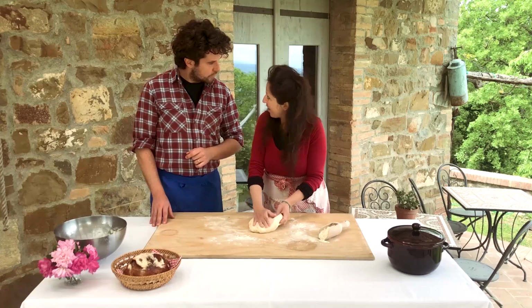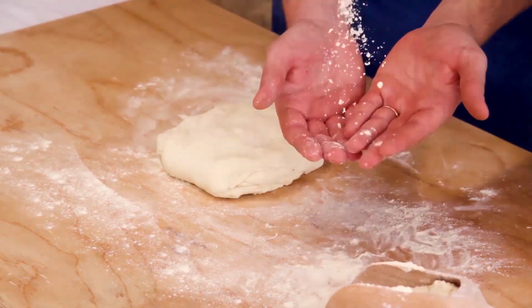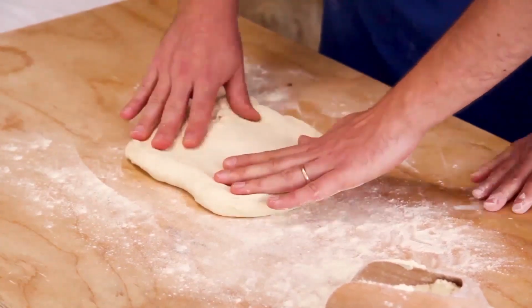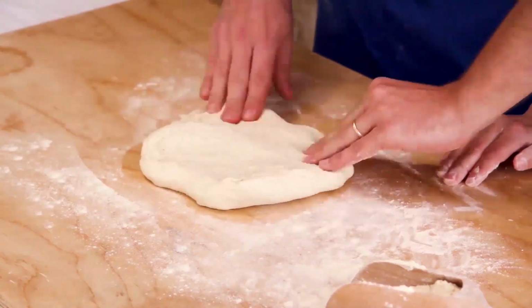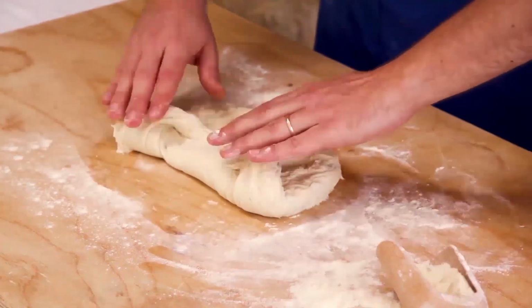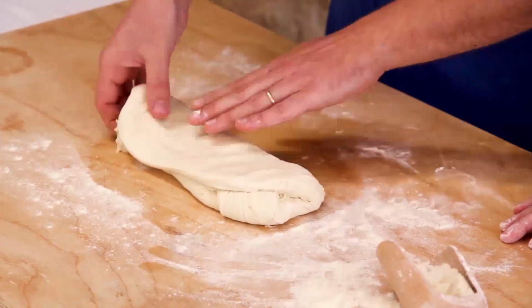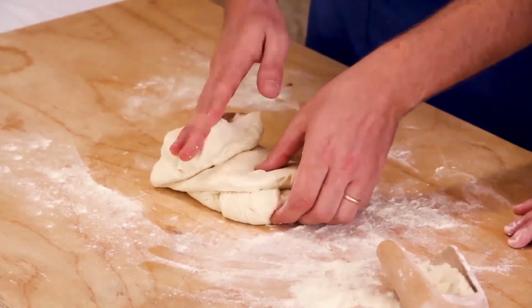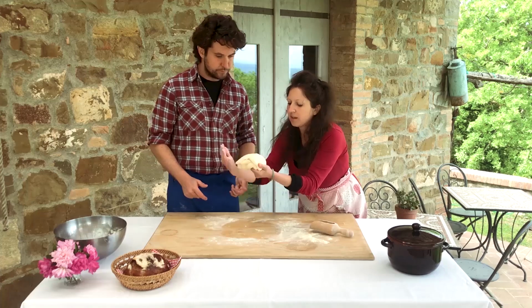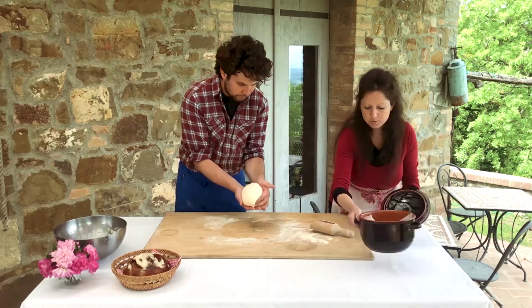Look carefully, because now it's your turn. It must be twice. Okay. Take a little bit of flour on your hands. So I create a rectangle, right? Esatto. Now I fold the two halves like this. Press a little bit. And again, in the other way. Esatto. And the other one. And now that we've got something like that, we create a ball